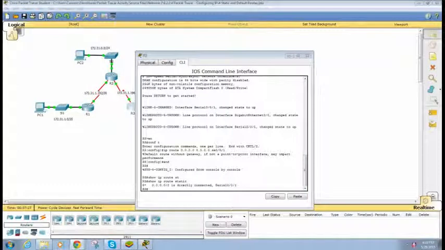So now, a few more questions. Explain a fully specified route. A fully specified route is a static route that is configured with an exit interface and a next hop address. Which command provides a fully specified static route from R3 to the R2 LAN? So from R3 to the R2 LAN,